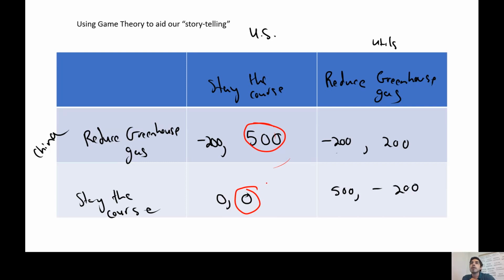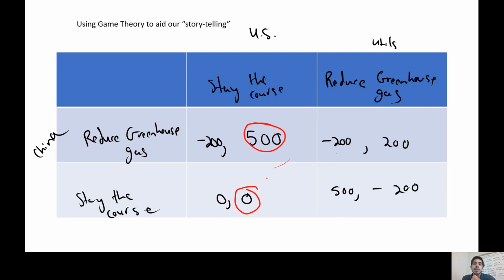And as long as we have one dominant strategy, then we can solve a game, because our expectation of the solution of the game would be the player that has a dominant strategy is going to play that dominant strategy, and I'll talk about what those dominant strategy means in a second, and the other player will just play the best response to that dominant strategy. But we're going to see also in a bit that China also has a dominant strategy too.